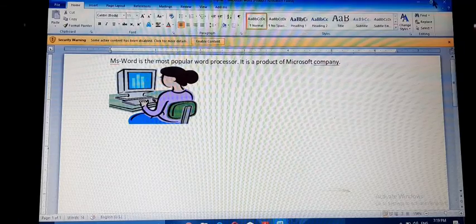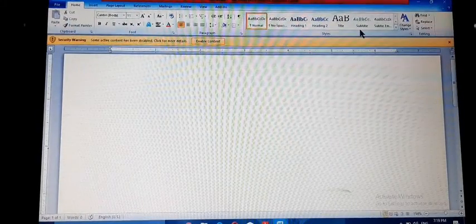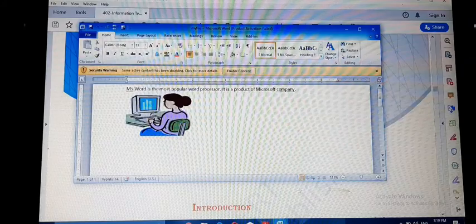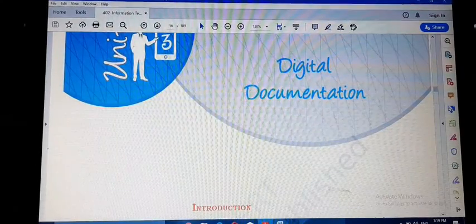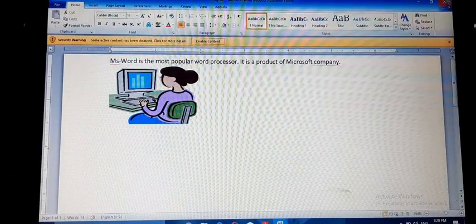This one is used for two functions: restore and maximize. This is restore, then maximize. It is used to minimize the document. This is the maximize button, and this one is the close button.